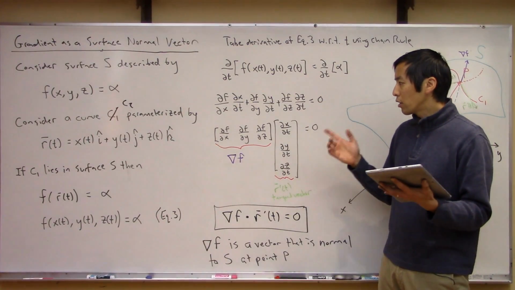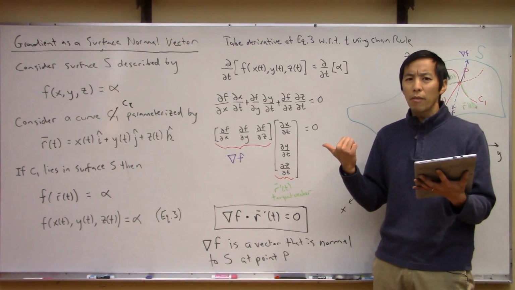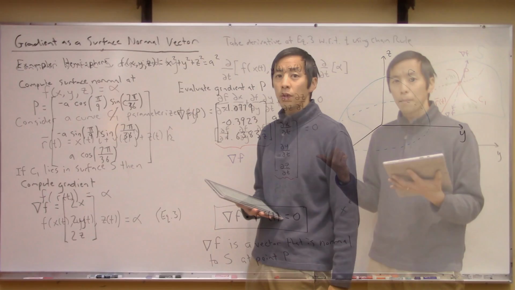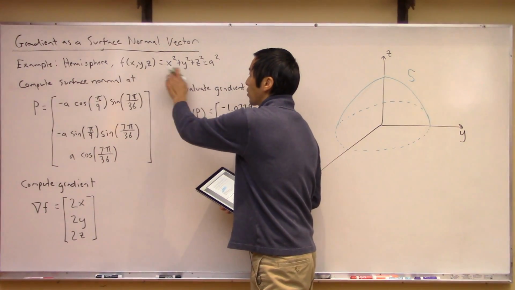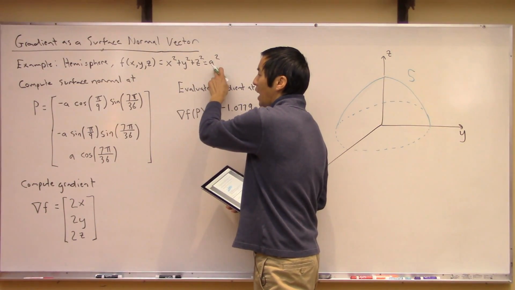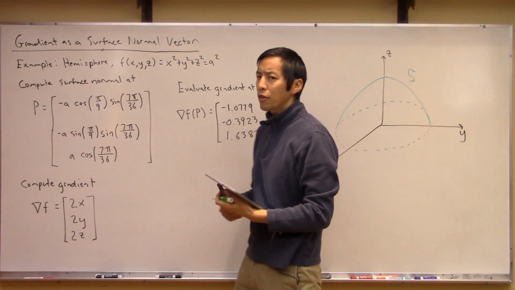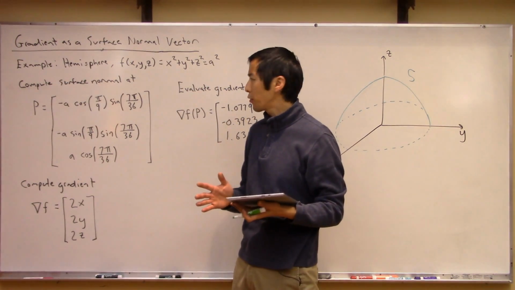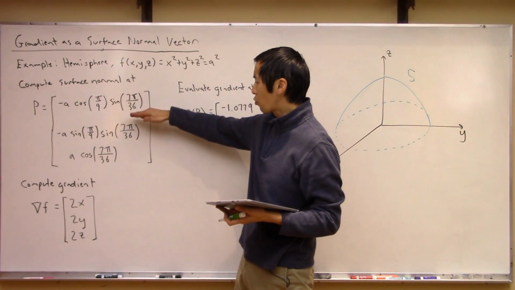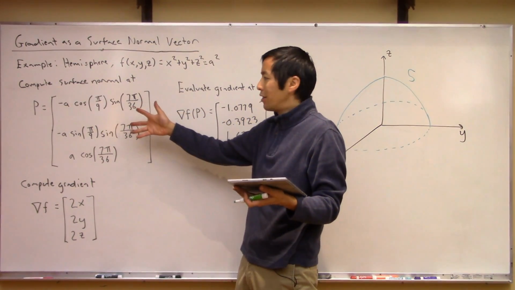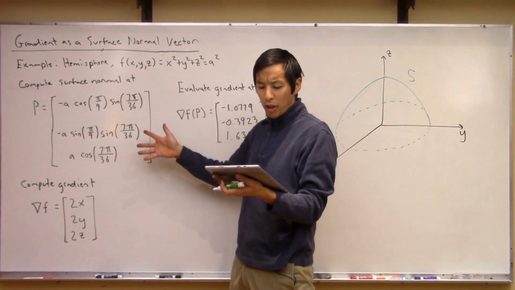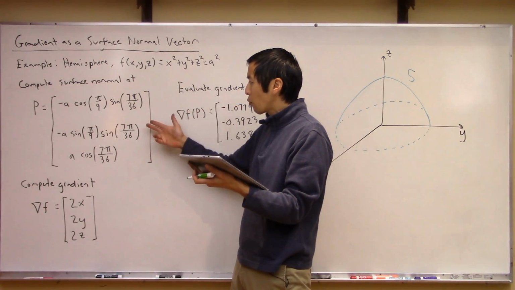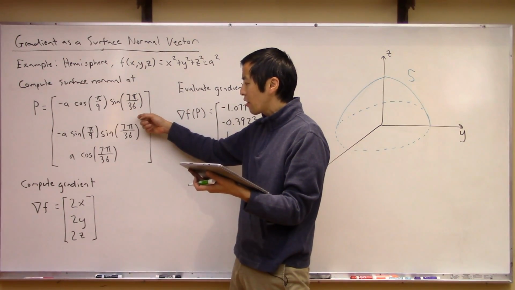So tell you what, let's look at the example, back to that same hemisphere we were staring at earlier. All right, so let's go back to our hemisphere of radius a, okay? And what we want to do now is pick a point that we're interested in computing the surface normal at. So I've just gone ahead and picked this random point here,